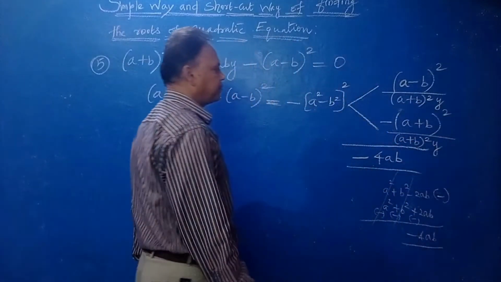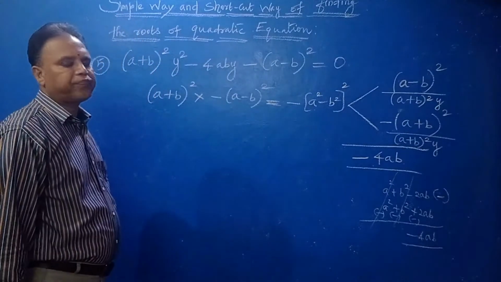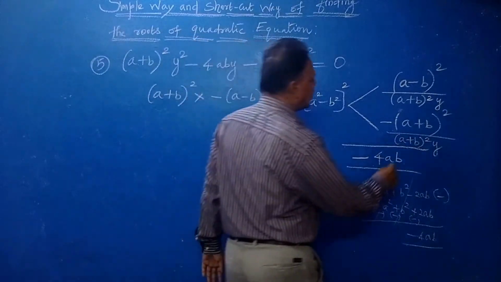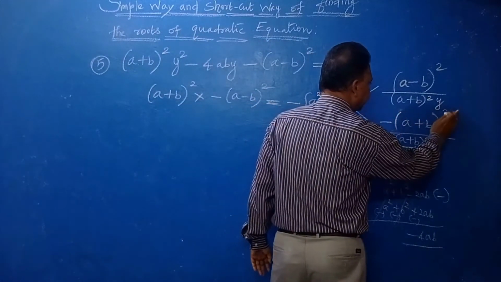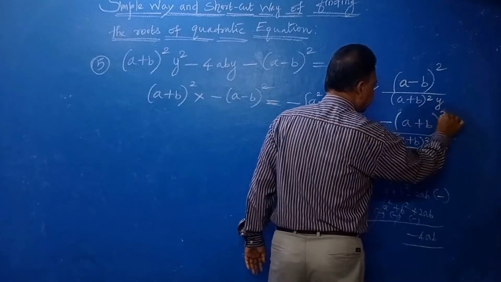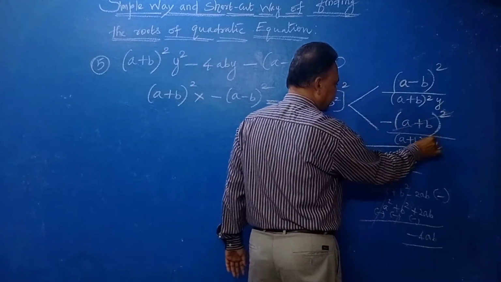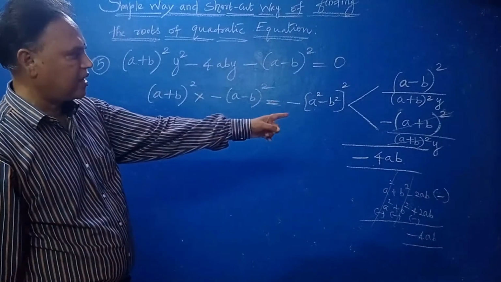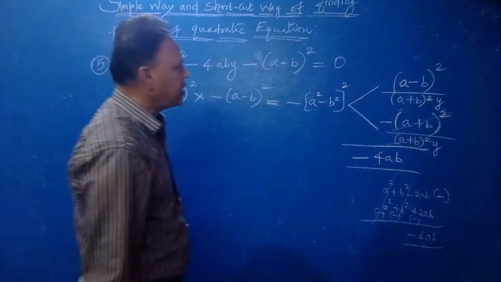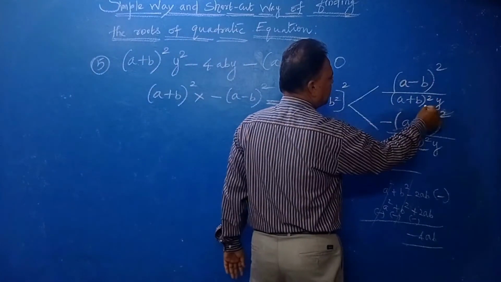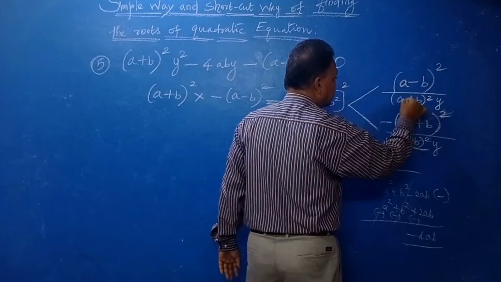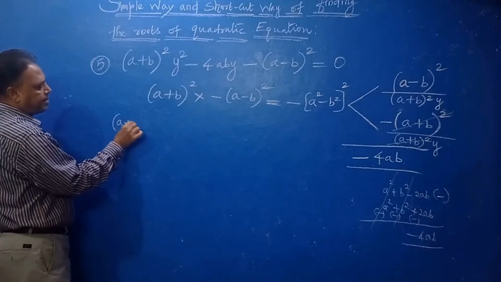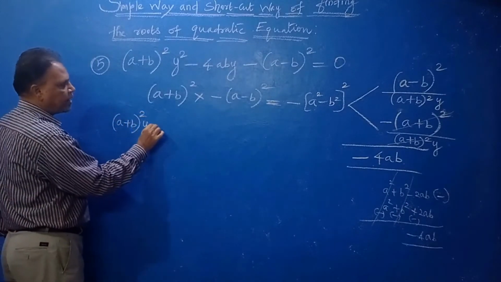Now numerator and denominator are the same here, so you can cancel it. But here it is not the same. That's why you have to write as a factor (a+b)² into y